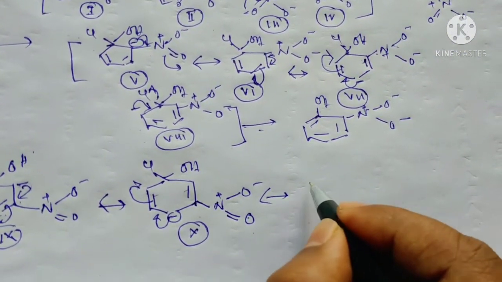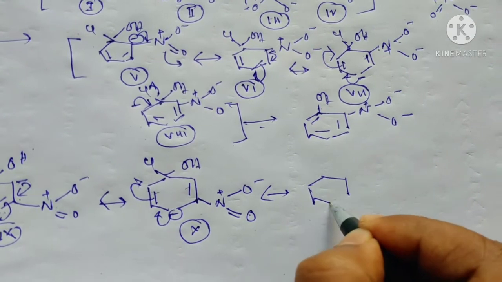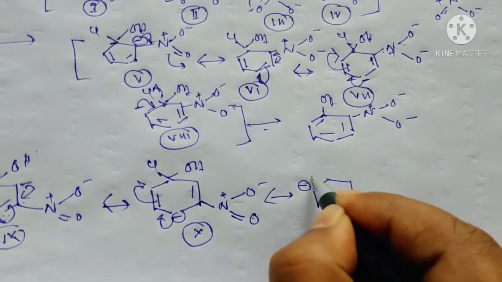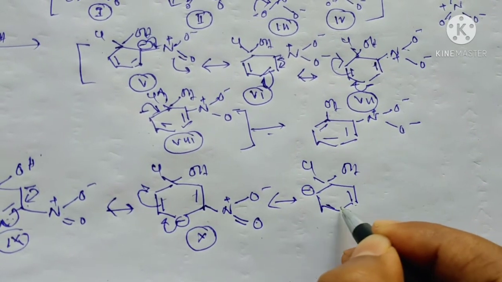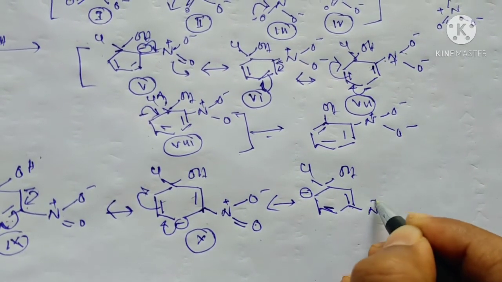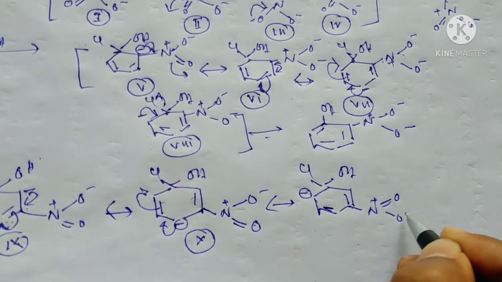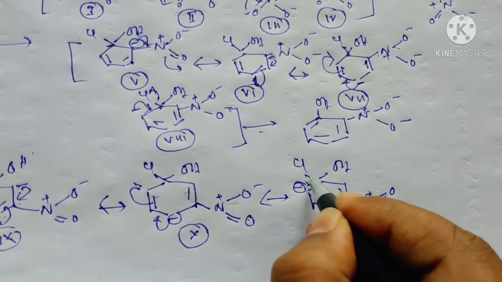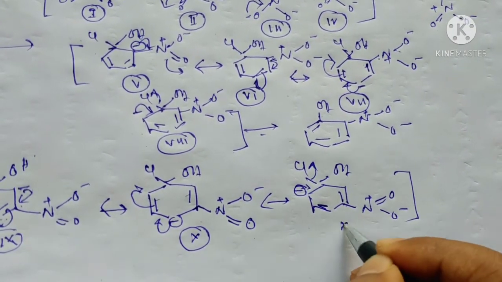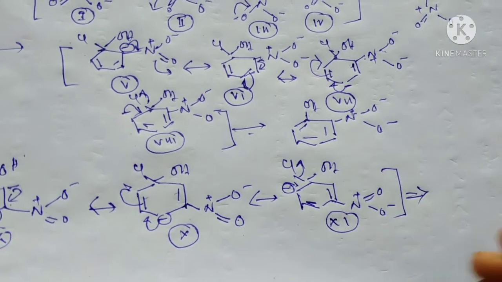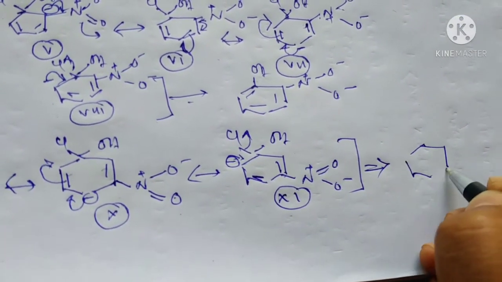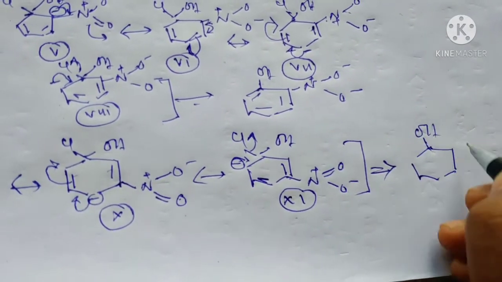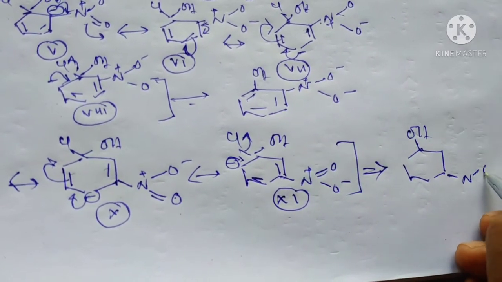Now next you can see, and this will move over here and we will get out of the system. This is our 11. So it is going to form this compound. This is our metanitrophenol. Okay,